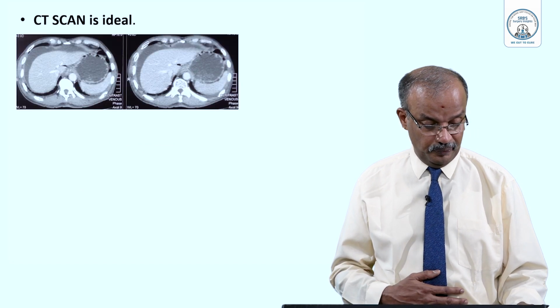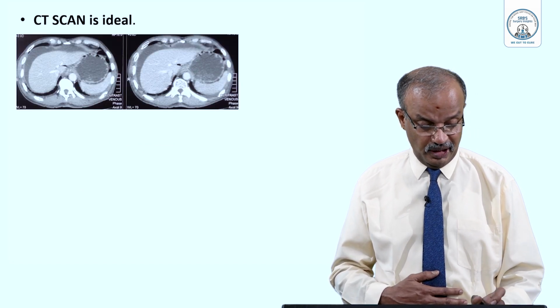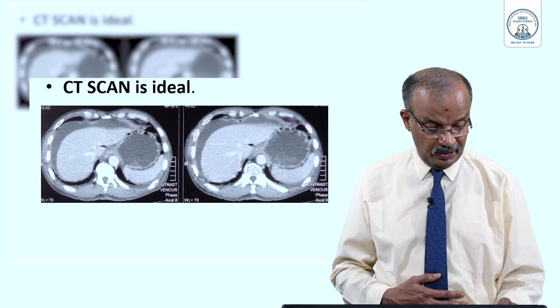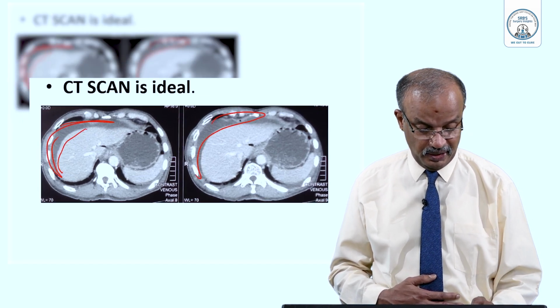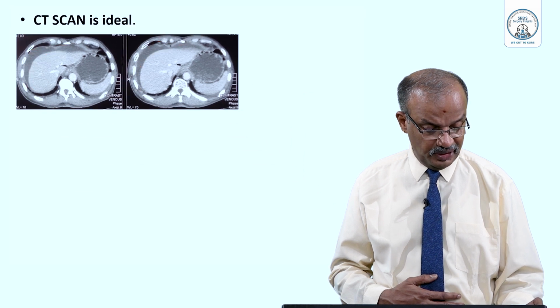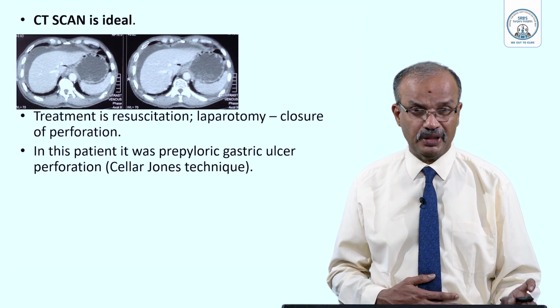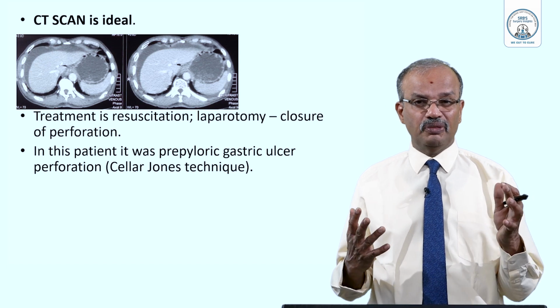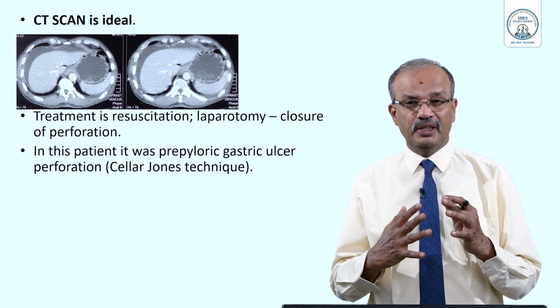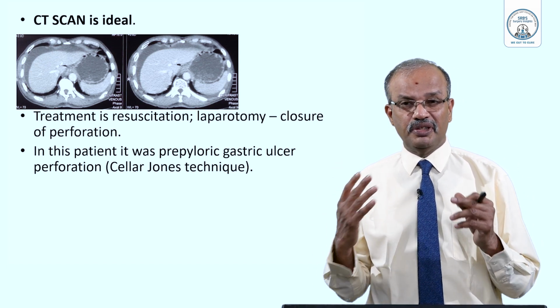Remember. So these are the CT scan findings. See that? See that this is the liver. This is the gas. You can see the gas here. Very nicely seen. So CT is ideal. Usually plain CT is done in this patient, not contrast, because patient is on nil oral, on Ryle's tube with the catheter, IV fluids. Because initially you have to do resuscitation, then you have to treat them by surgery,